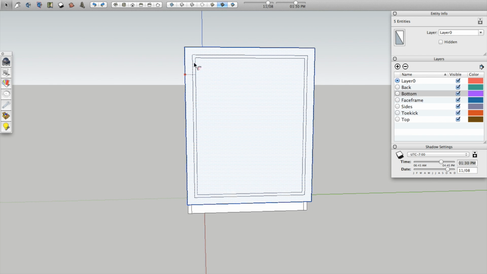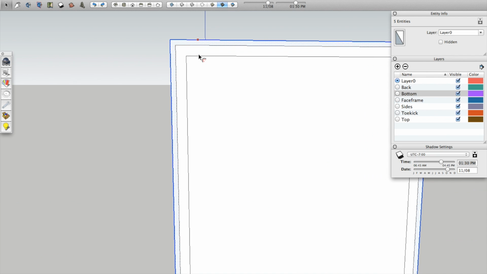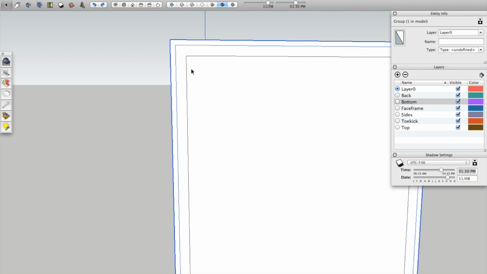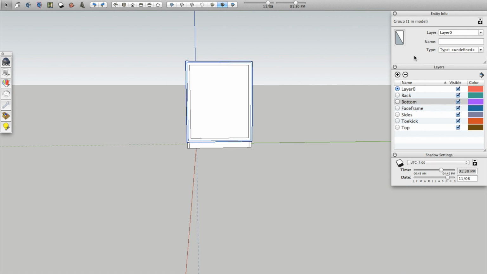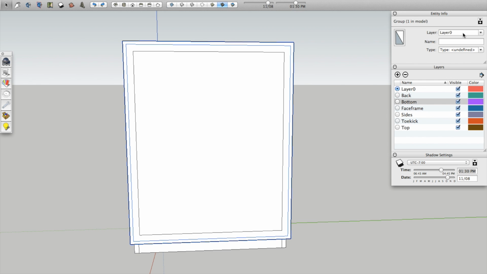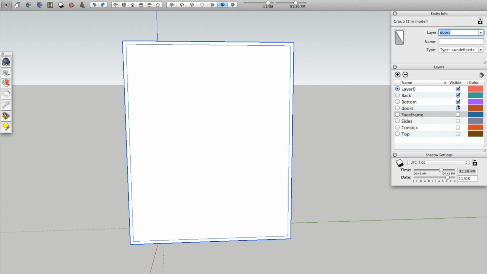Now let's say, depending on the hinges, which doesn't really matter right now, let's just go 0.5, which is half an inch. 0.5, enter. And let's triple click this, make it a group, and then get rid of everything once we add a name to this. So we'll make this doors, click enter, and make everything else invisible besides this, just so you can concentrate on